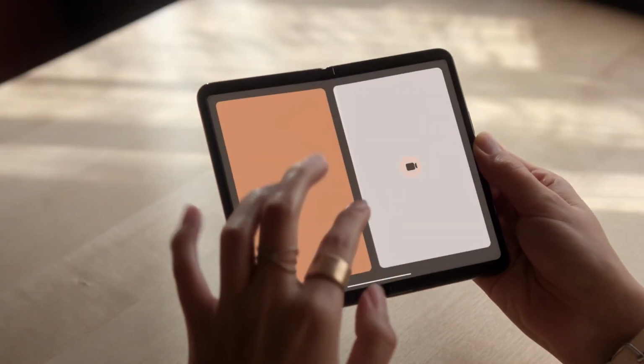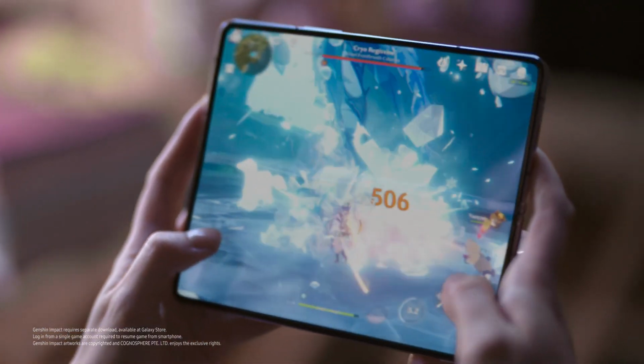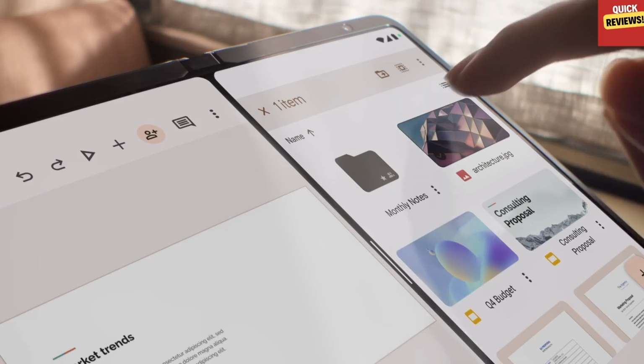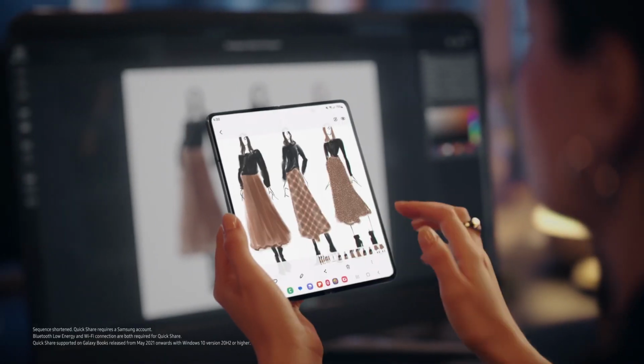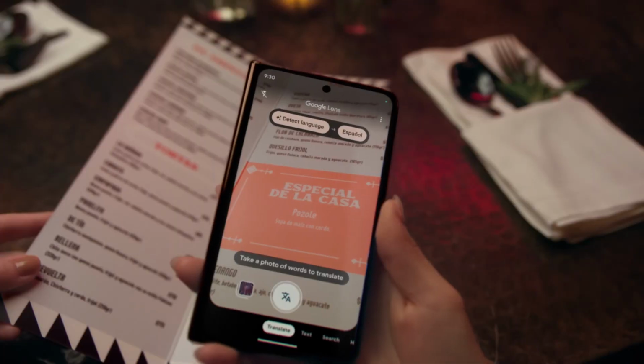In the nuanced comparison, where the Samsung Galaxy Z Fold 5 dominates in processing power, the Pixel Fold shines with its superior camera capabilities. Both phones cater to specific user groups within the foldable landscape, emphasizing the importance of individual